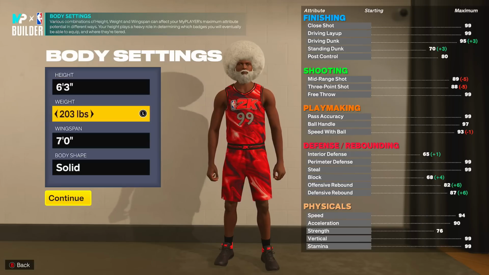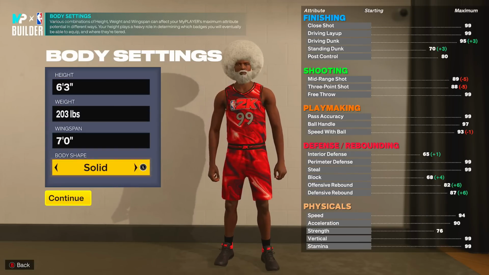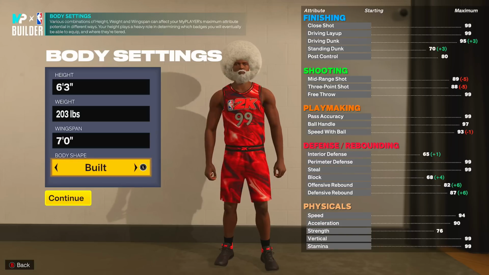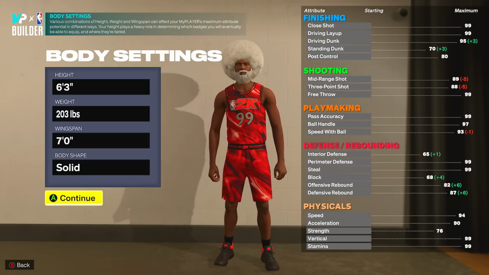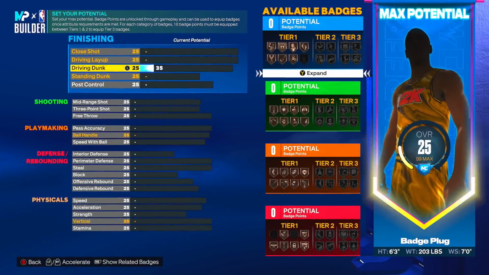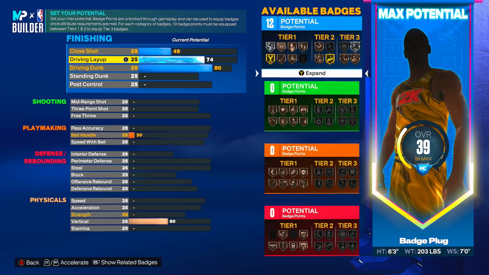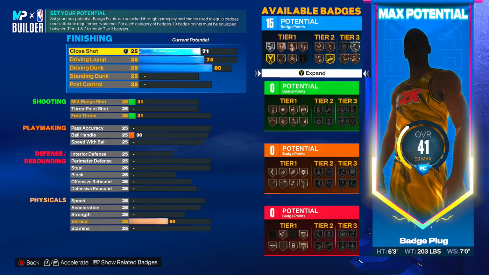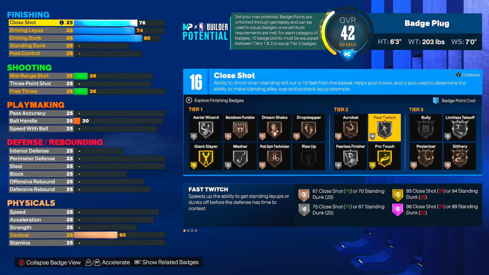All right, our last build is a 6'3" speed demon. So the difference between this build and the other builds especially is going to be your acceleration, because as you guys know, acceleration is the most important speed attribute for dribbling. So into this build right here, we're gonna go with an 80 driving dunk once again, so you can get the quick drops off 1. Your driving layup is gonna go up to a 74, and then your close shot is gonna go up to a 76. So another build where you don't have to use your extra badges in your finishing to get silver